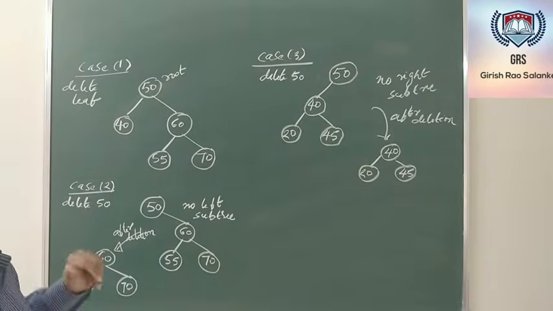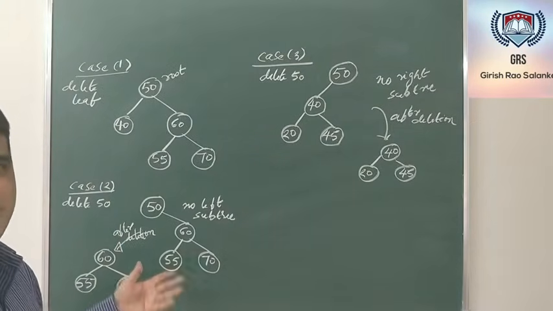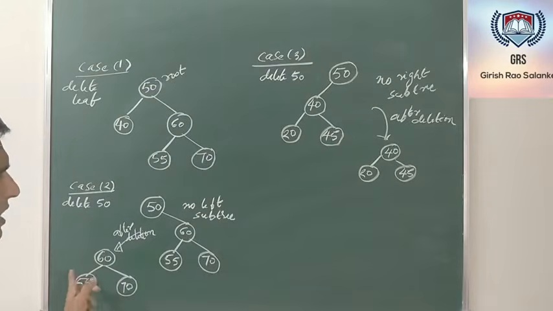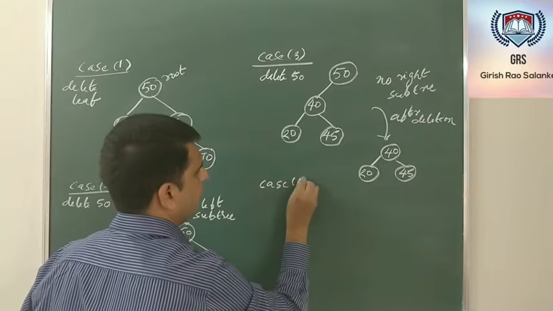Even this was easy. This was the easiest, to delete the leaf nodes. Here I need to make some changes. If 50 has to be deleted, then my reference will be changed a little bit. Even in this case, let me take one more case. The last case left out is